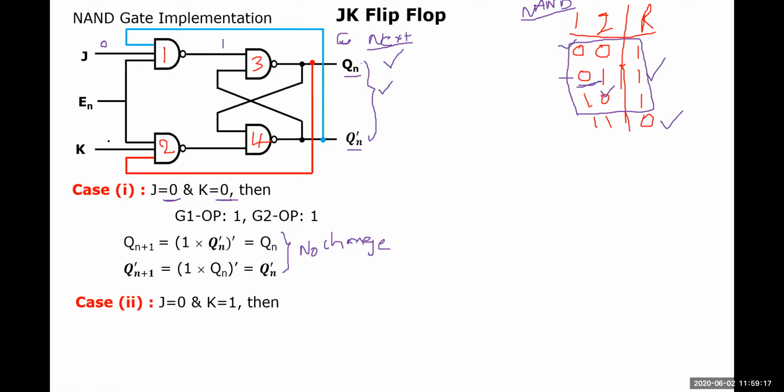Now we'll consider k equal to 1 here. And now we take into consideration all inputs, enable equal to 1. Here we have the red line, which is feedback given to this gate 2 from Qn. So 1 into Qn whole complement equals Qn into 1, which is Qn. How many times you multiply by 1, the same quantity will come out. So here the output will be Qn complement. Look at this, that is the point I mentioned here also.